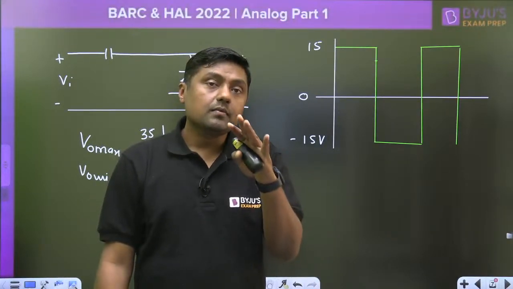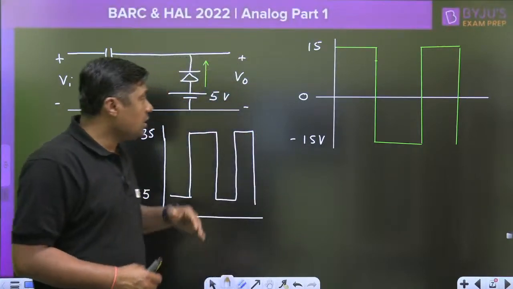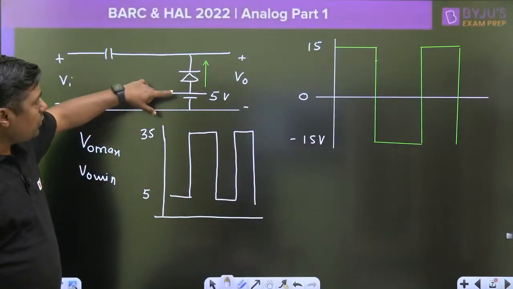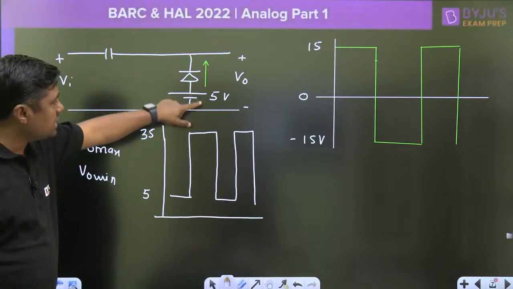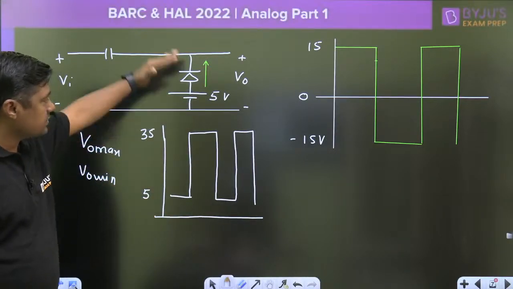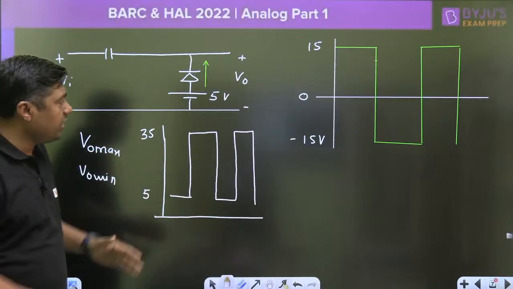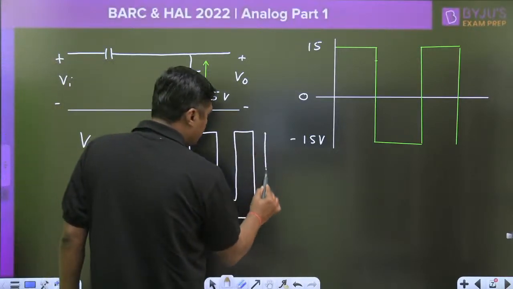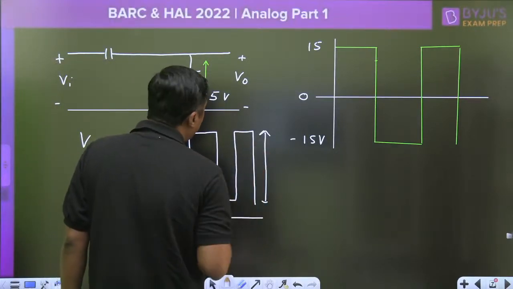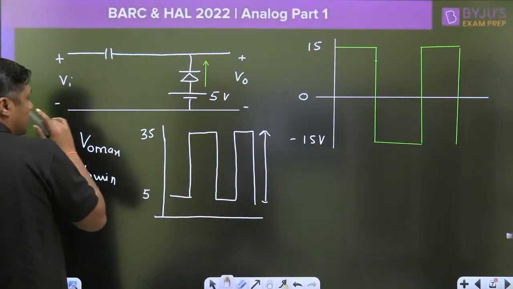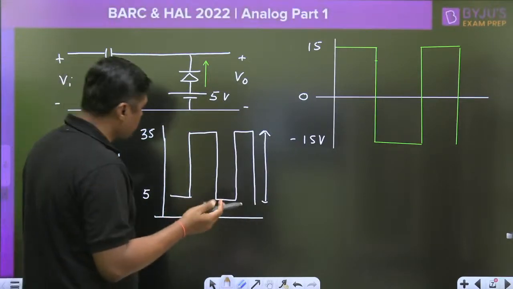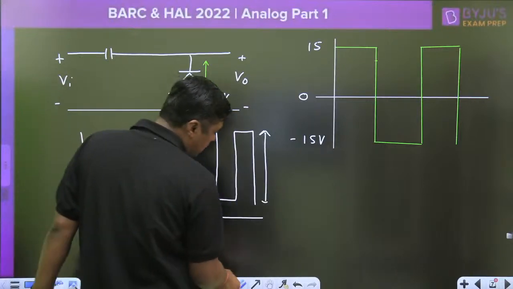My dear friend, remember, look, the lowest level will be decided from here, that is the 5 volt, and the swing is like this, 5 and 35. The swing will remain the same. Swing will remain the same. And right, that is the question. What is the DC level? The DC level of this,